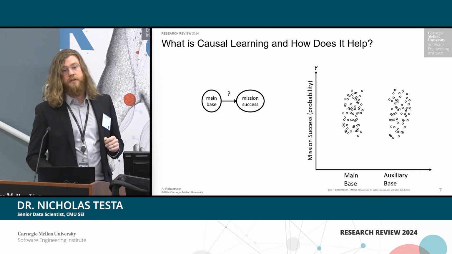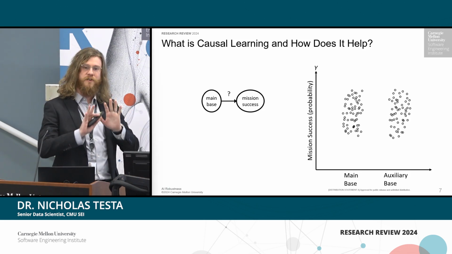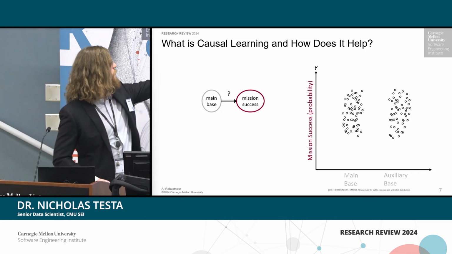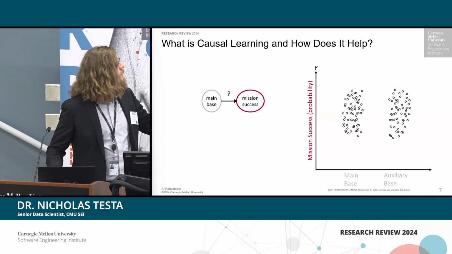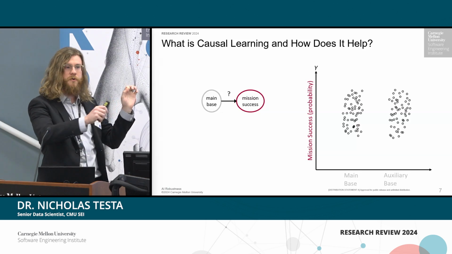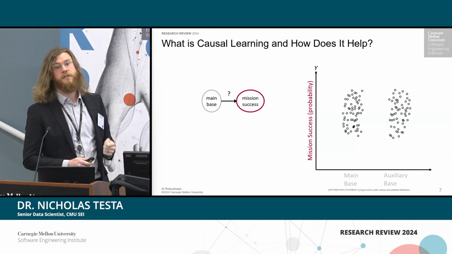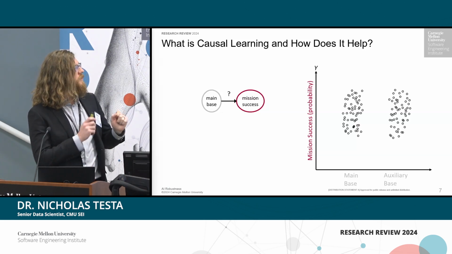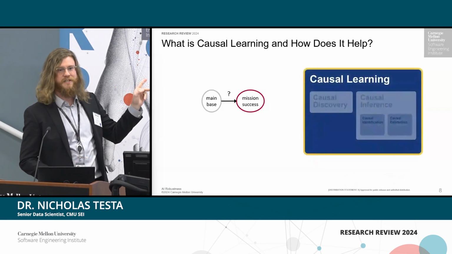There's a lot of cool science in here, so as we go through this, just keep in mind, I have a very visual way of thinking about things. I'm a little bit of an artist, amateur. So if you see main base, it is always going to be represented in this light gray color, and that's our experimental variable, and the mission success is going to be in this dark red. So as we follow through the presentation, just keep in mind the experimental variable is the light gray, and the outcome is the dark red. There is some other color matching that you may see as we pull the threads along, but just keep in mind that I like to do that kind of stuff.